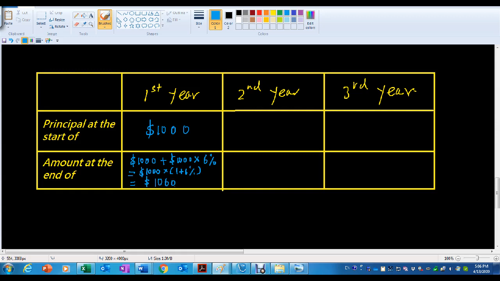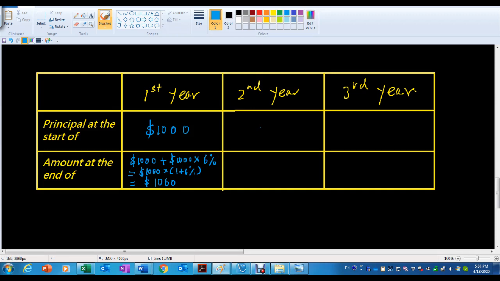So that's the amount at the end of first year. So how about at the start of the second year? If that's simple interest, remember that for simple interest, the principal at the start of each year will always be the same number, always equal to the initial amount. But for the compound interest,